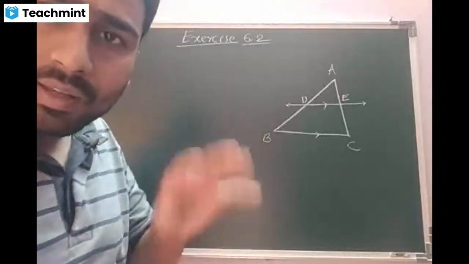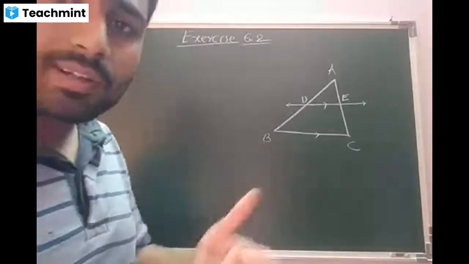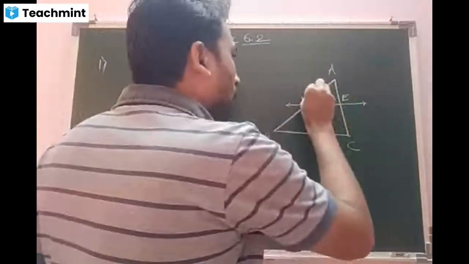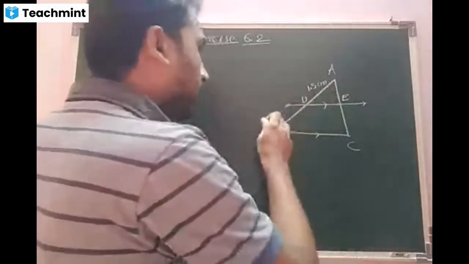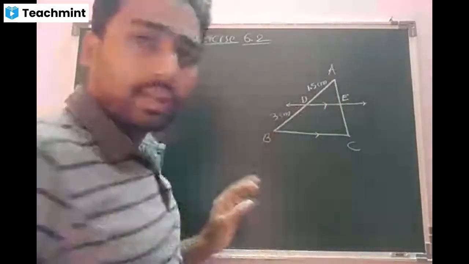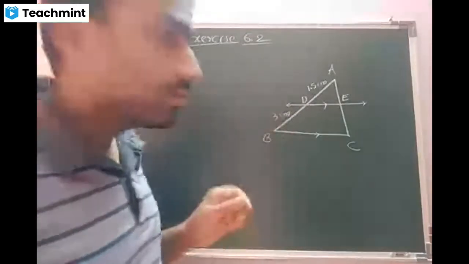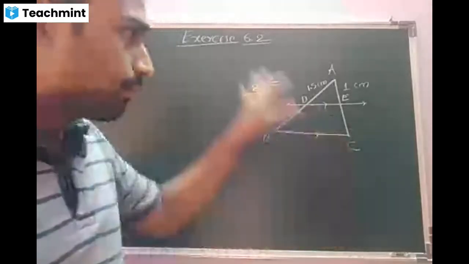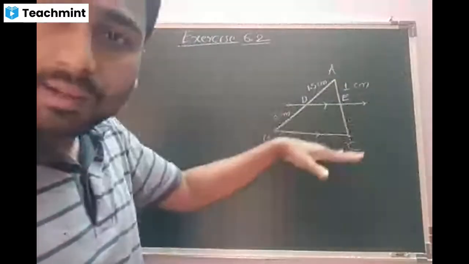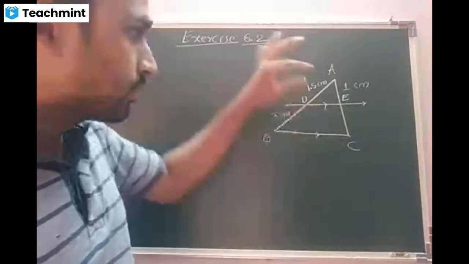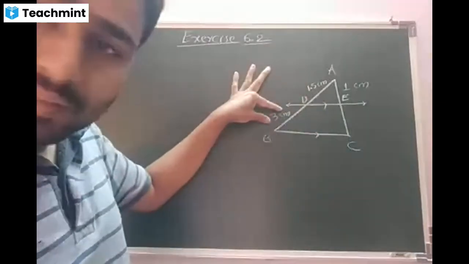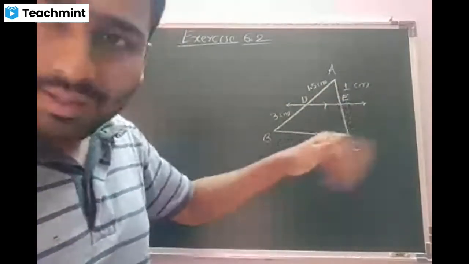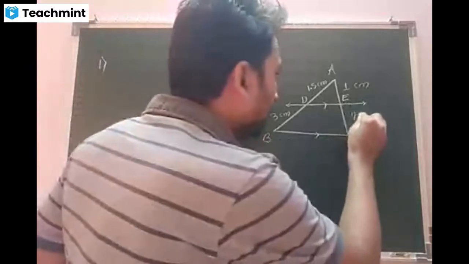And look at the diagram, beta. They have given some measurements. Can you tell me what are the measurements given in the diagram? AD is equal to 1.5, sir. BD is equal to 3 centimeter. Okay, beta. And AE is equal to 1 centimeter, sir. So students, analyze the question, very simple. One triangle ABC, DE is parallel to BC. There are four parts. One part 1.5, the second part 3, the third part 1 centimeter, fourth part CE. They are asking for that one, EC. Am I right, beta?